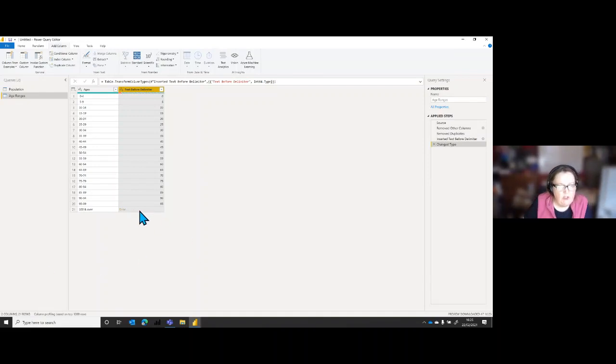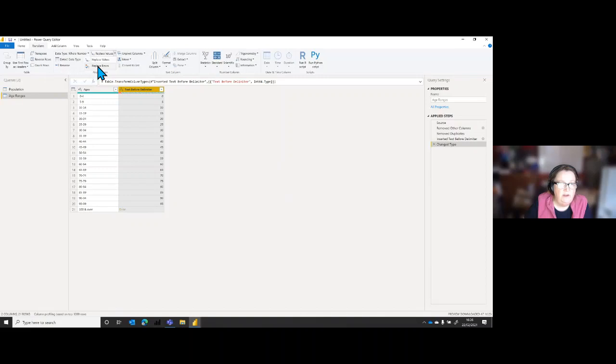So we just want to sort that error. On the transform ribbon, there's a replace values, so I'm going to go for replace errors. I happen to know there's only one error, so I'm going to replace that one error with the number 100.